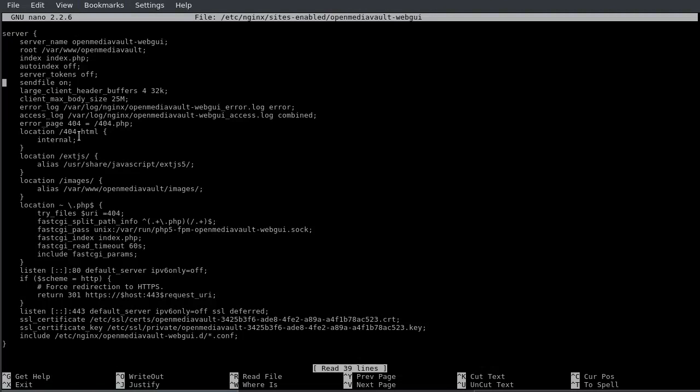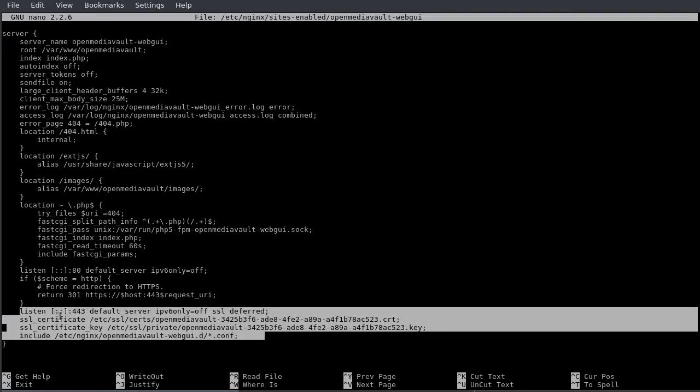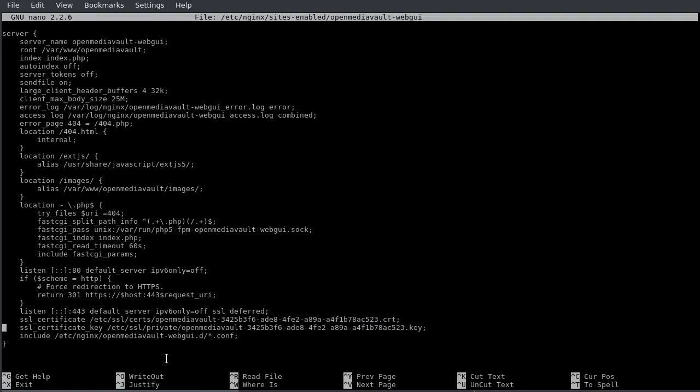Now this you do not want to mess about with, or you won't be able to access your web GUI again properly without resetting everything. But this part here, if we'd looked at this earlier, this wouldn't have been here. So this is saying look on port 443, which is the SSL one, HTTPS. SSL certificate is here, SSL key is here, include, now I don't need that, but